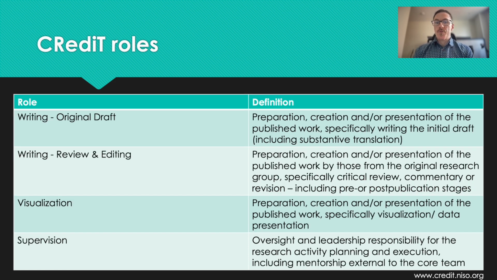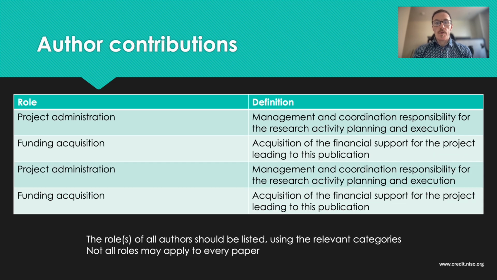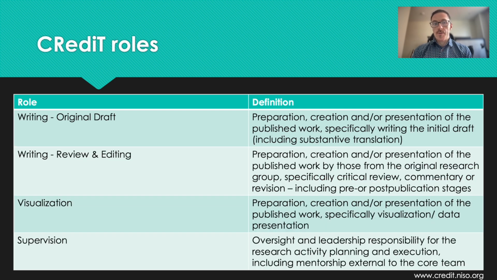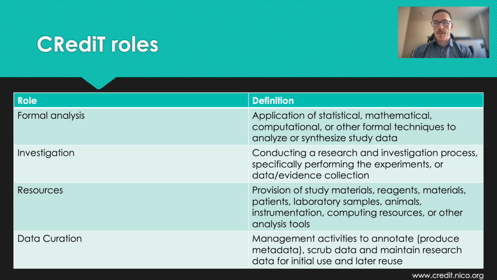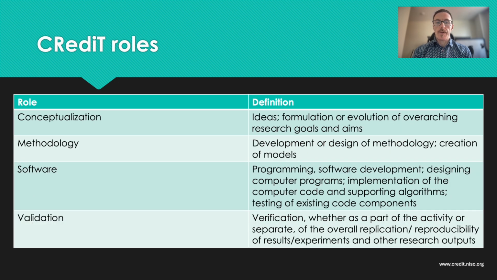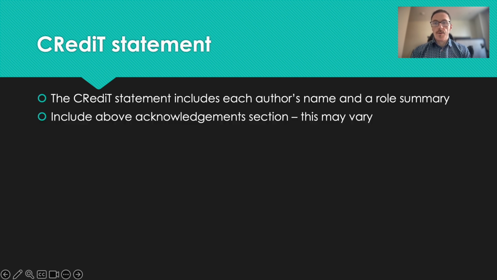The roles include traditional authorship roles such as writing, reviewing, editing, but per the list we can see here, it's obvious the roles aren't limited to these, and they're intended to apply to all those who contribute to research that results in a published manuscript or other publication. And it's recommended that all tagged contributors be listed, whether they're formally listed as authors or in the acknowledgement section. So at the end of a paper, above the acknowledgements,